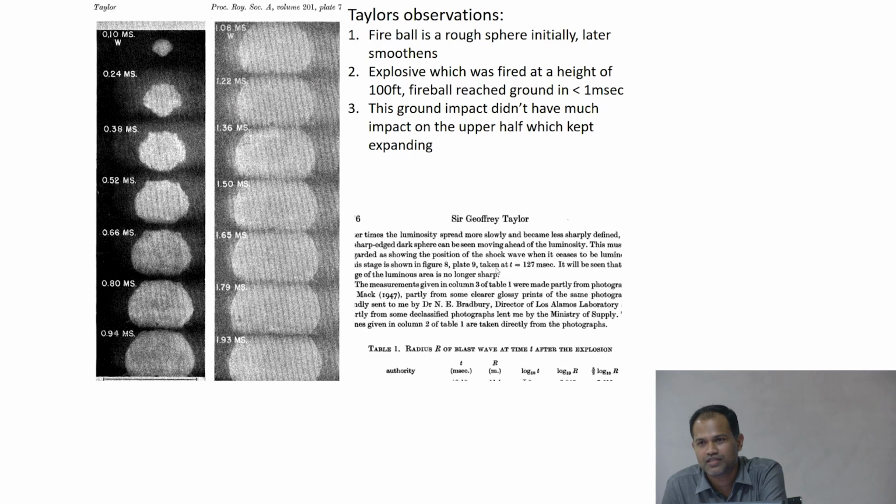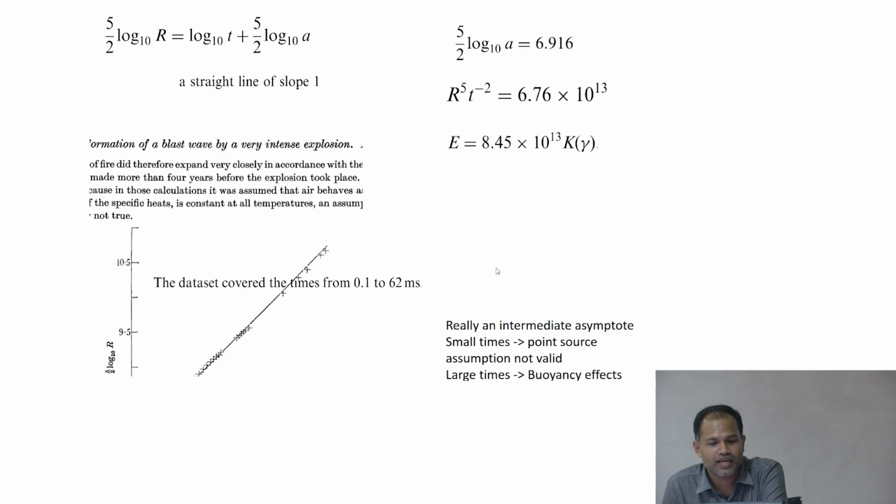Which was actually classified information there. Nobody knew, but he calculated it. The graph actually, because of this incompatibility, didn't come out well, but you can see the data points. It came out to be a very nice straight line, falling on t to the power of 2 by 5. Okay, and then he back calculated what the energy is, and this is the number that he came up with. And in fact, it happened to be very close to what was actually used. So that's the strength of non-dimensional analysis. Without knowing anything, you could still calculate some very relevant information.